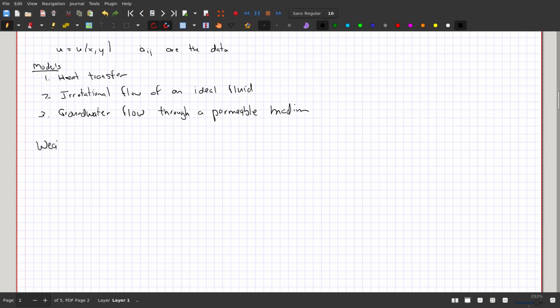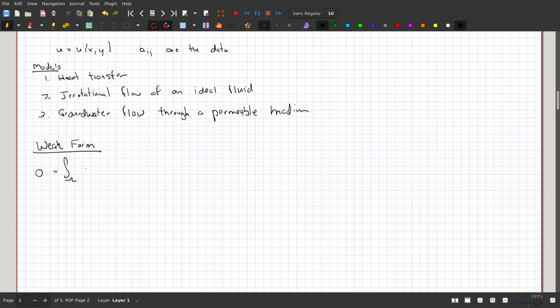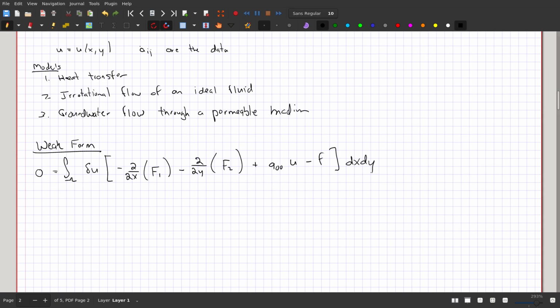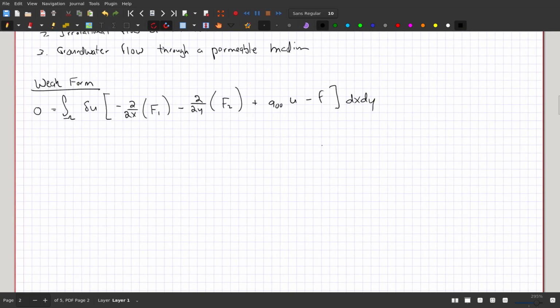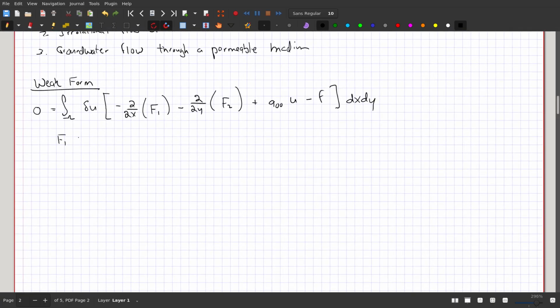So let's go ahead and develop the weak form for this guy. I'm going to multiply on the left by a test function. For compactness, I'm going to write for a moment what's in those parentheses as just F1, F2, and we're going to integrate over X and Y. So in this case again, F1 is equal to